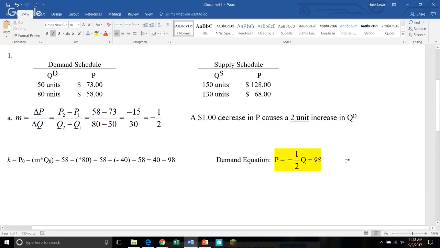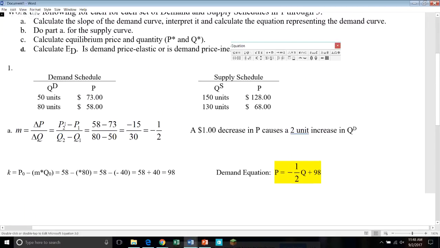P is equal to negative 1/2 times Q plus 98. So now we're done with part A. Now part B says, remember what we just did for part A? Okay, let's go ahead and do that, but this time we're going to do it for supply. I'm not going to reinvent the wheel here. I'm just going to borrow this, and I'm going to copy and paste that,